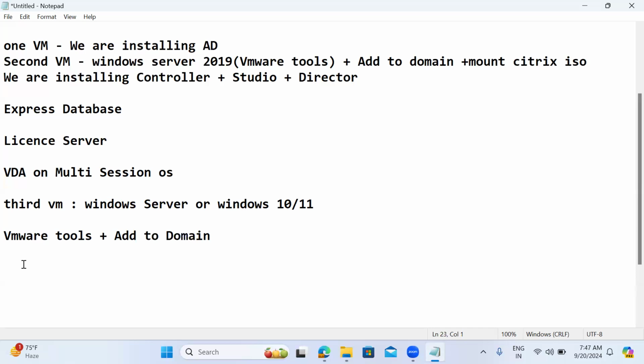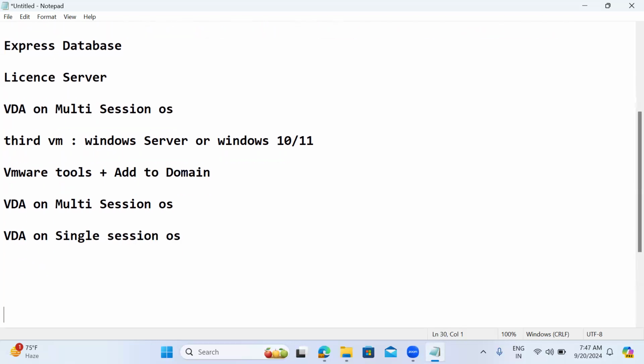If it is a server class OS, then VDA on multi-session OS. If it is a desktop class, VDA on single session OS. Okay, so as of now, we kept the VDA on VMware Workstation, right? VMware Workstation is not a type 1 hypervisor. That is the reason it can't be our hosting infrastructure. That means as of now, technically to the Citrix product, it's just like a physical server itself. Okay, we can't use